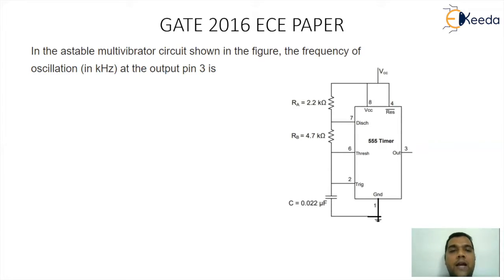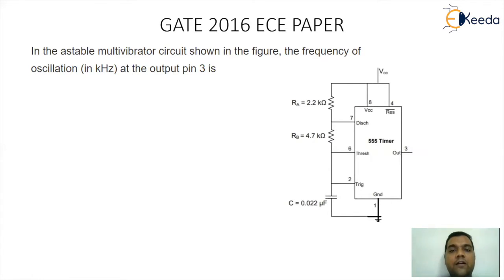When we talk about IC 555 as an astable multi-vibrator, we have a standard logic that during the on phase the capacitor was charging through RA and RB, and during the off period, the capacitor was discharging through RB. Using that logic, we used to get a formula for the time period, and the inverse of the time period was giving you the value of frequency. So we have a direct formula for calculation of frequency.